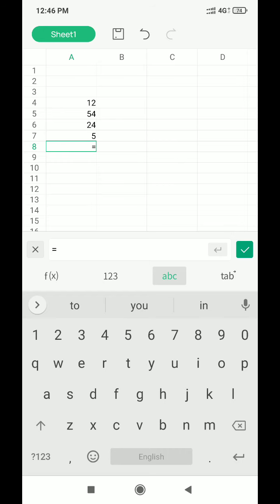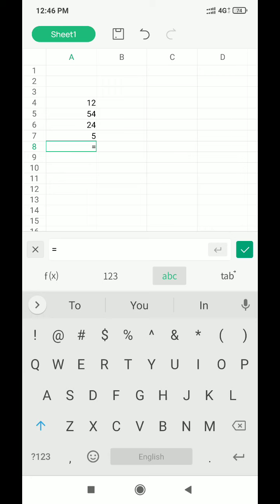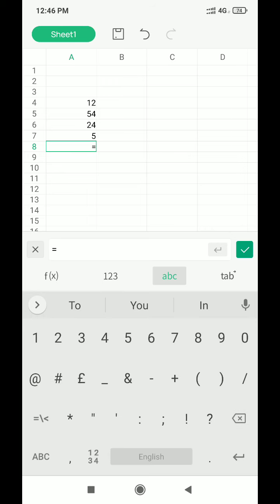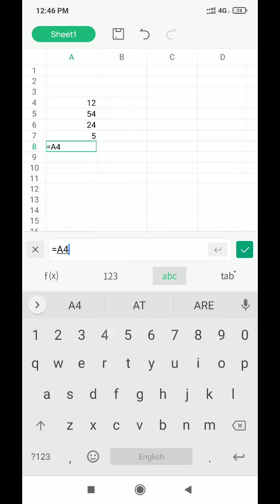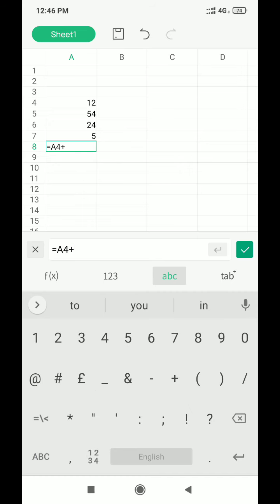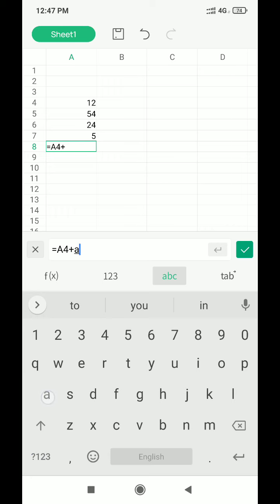So you can write A4, and then you can write plus, and the next one A5, plus,